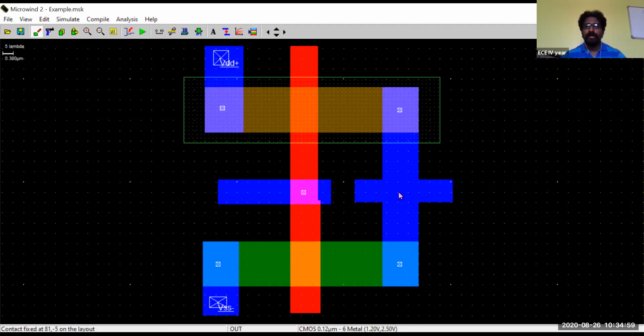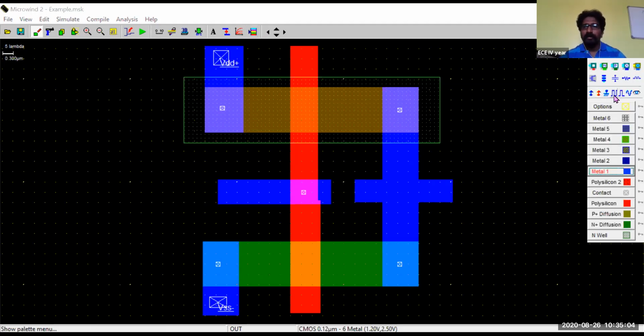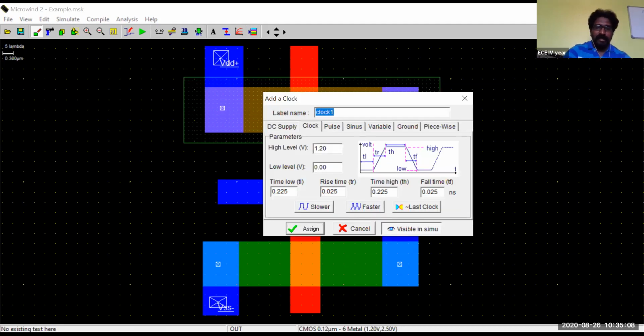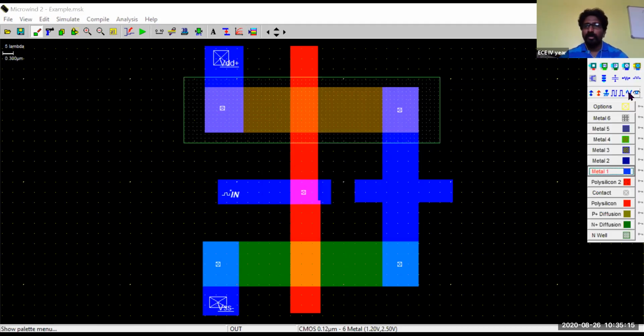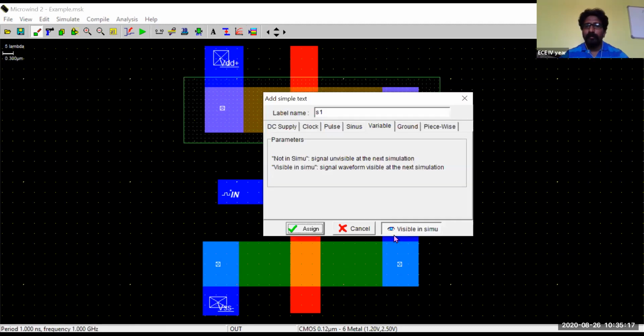So this is the input terminal, this is the output terminal, and feed the input terminal with the clock signal. Now this is the input, so make it as "in" and assign. And this one is for output. Output, always make sure it is visible in simulation.